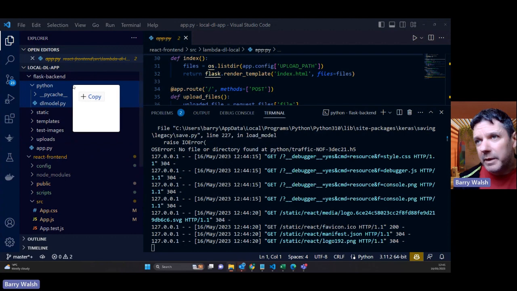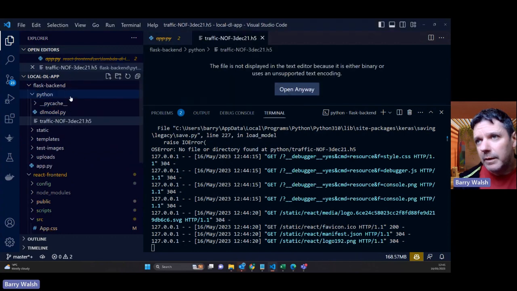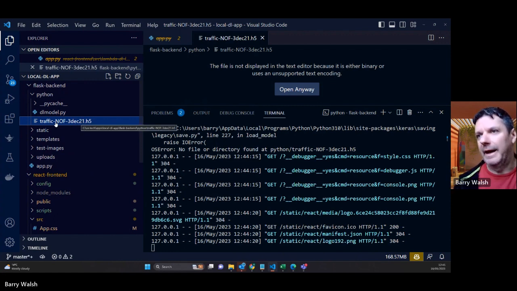Okay, I'm dropping it into that Python folder. You can see there, it's a Hadoop style form file. This is quite big, 177 megabytes. We're actually going to use a scaled down version later so we can run it through a Docker container on AWS. But locally, we don't have that problem. That is the model. So if I now go back to the interface,